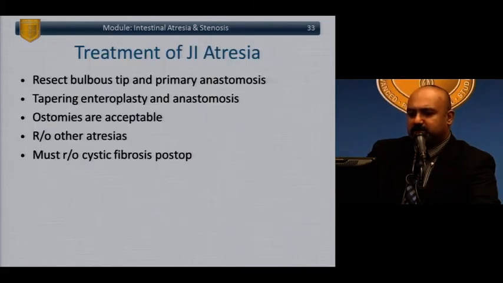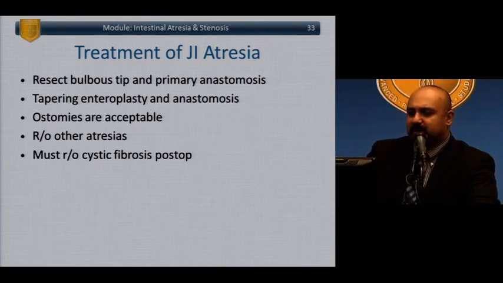Treatment: you always resect the bulbous tip, and you do a primary anastomosis. You can do a tapering enteroplasty and an anastomosis. Ostomies are acceptable. Anytime you see one atresia, don't stop and just hook those two ends up. Always check the rest of the intestine, because if you have one atresia,